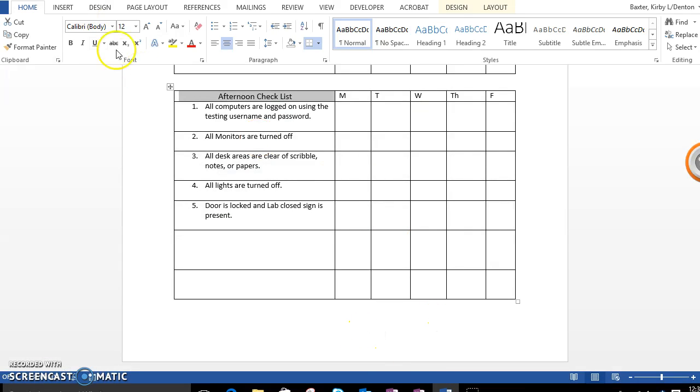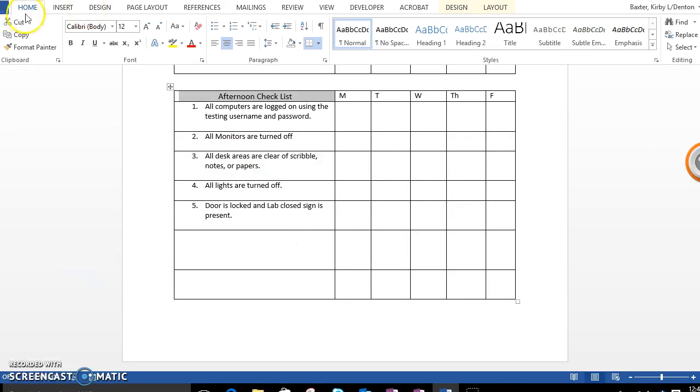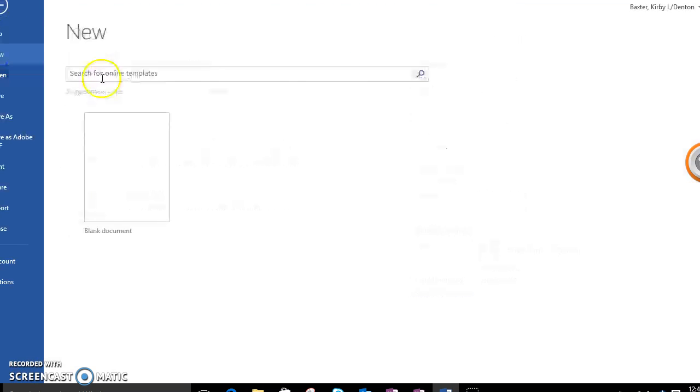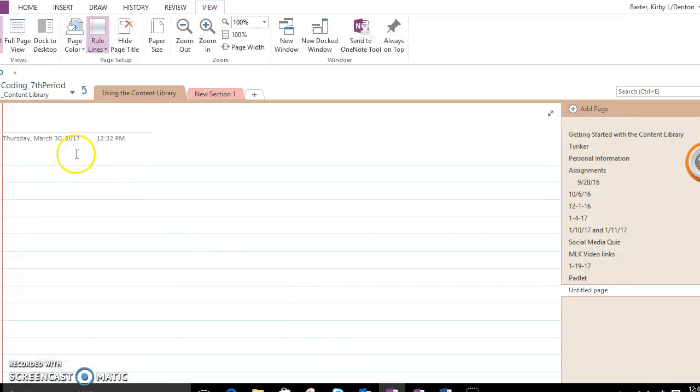So on your paper today, what I'm needing you to do is, let me pull up the right screen, and I want to go to File, New, Blank. Okay, so on your project, actually, let me do this in OneNote because it will show you a new page. Okay, so on the top of your page, the things that you need to do today, you need to have a table of contents. And on your table of contents, you're going to start with the things that you're going to create steps for, which would be connect or hook up